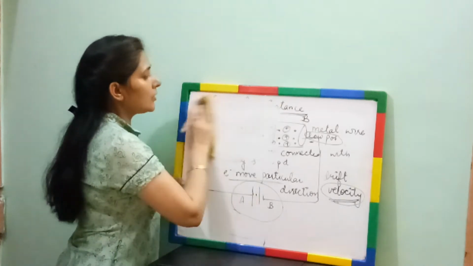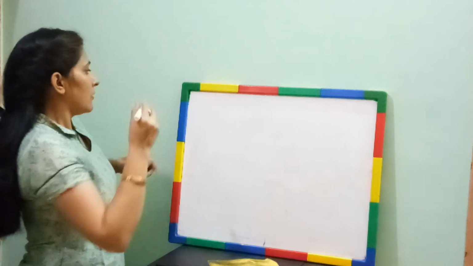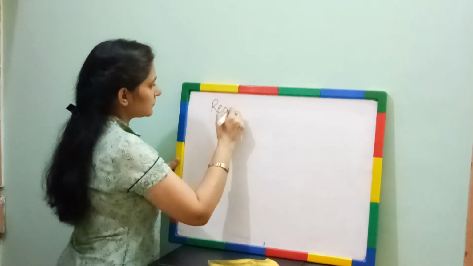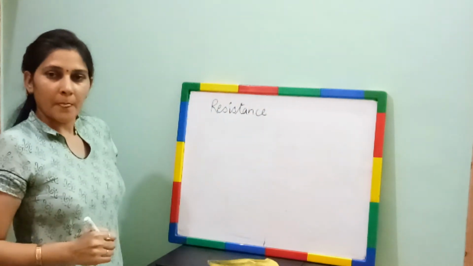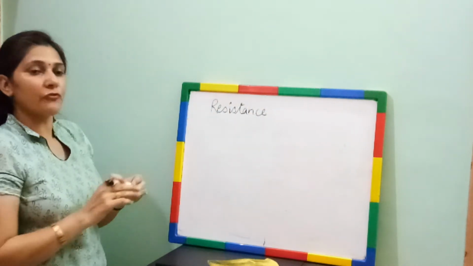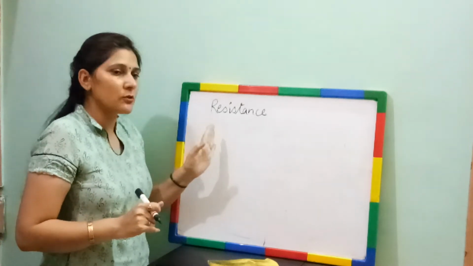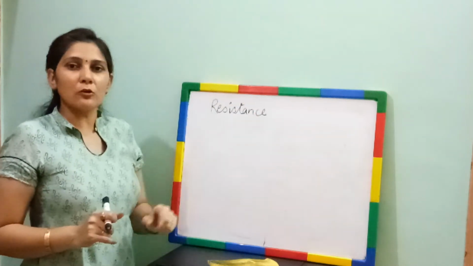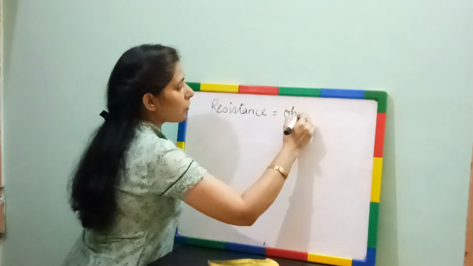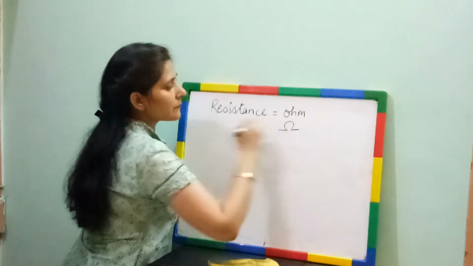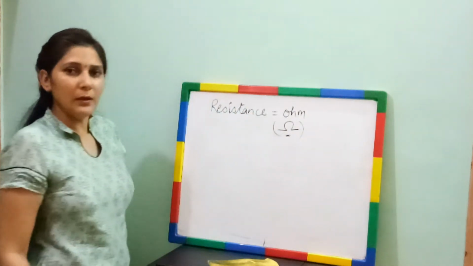Okay, now continuing with the rest of the things related to resistance. The first one is, what is the SI unit for resistance? What is the SI unit for resistance? Can you find it out? I can tell you here, but how we find out this unit of resistance, that we will discuss later on when we will study Ohm's law. SI unit of resistance is ohm, and this is depicted by this symbol. Okay, SI unit is ohm and it is denoted by this symbol sigma.